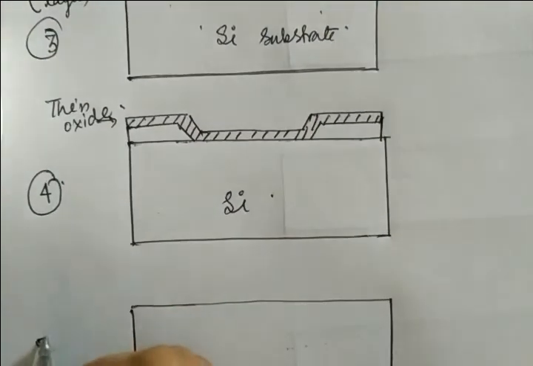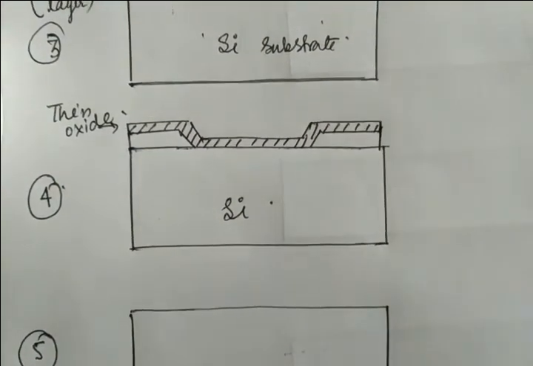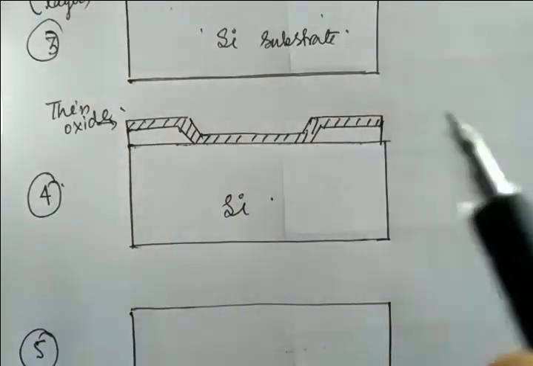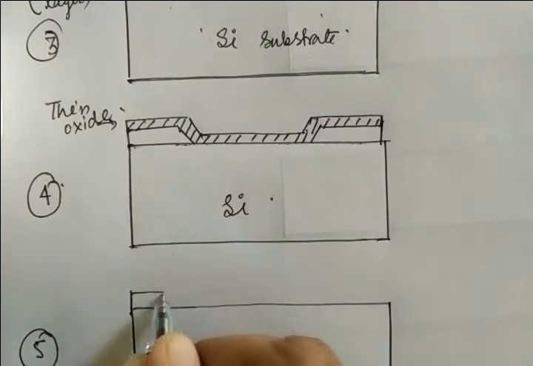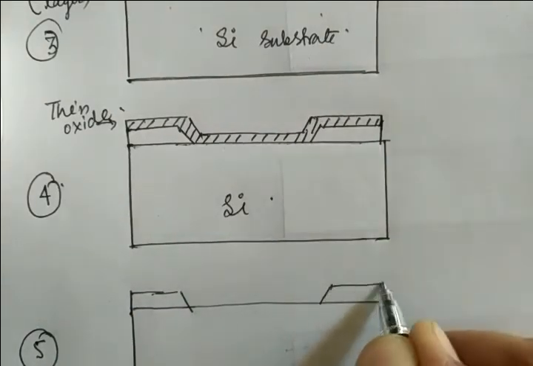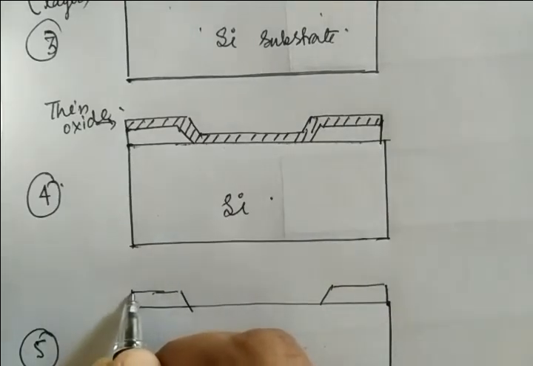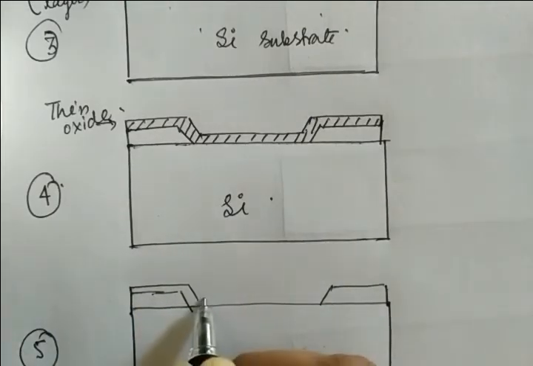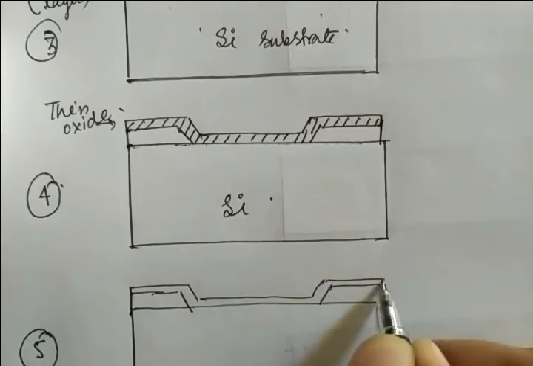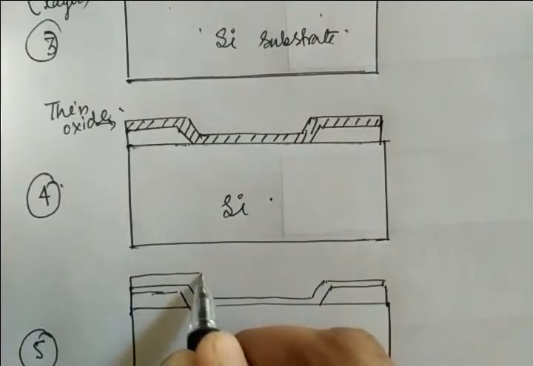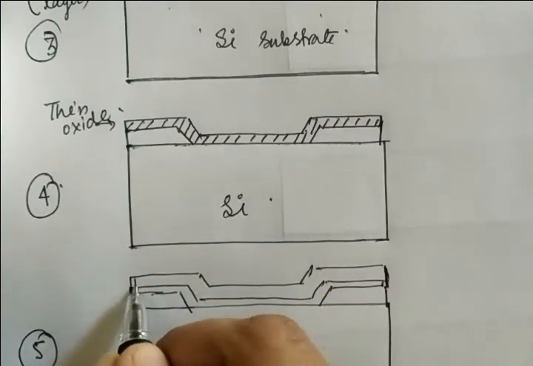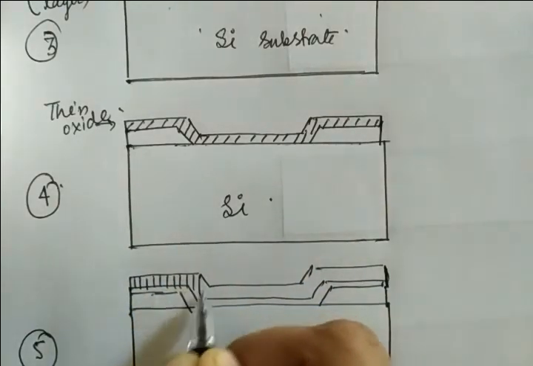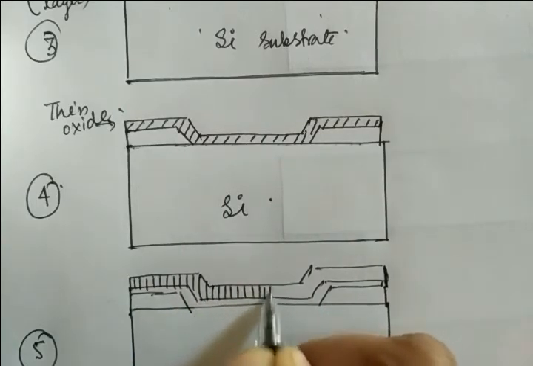Coming to the fifth portion, the fifth diagram. On top of the thin oxide layer, a layer of polysilicon is deposited, and that will make the gate terminal. So how we can do that? This has already been done. I have to draw this each and every time to help you understand. So this is your thin oxide layer, and this is your polysilicon layer. Whenever you go to the diagram, it will define very clearly which layer is applicable for which terminal.